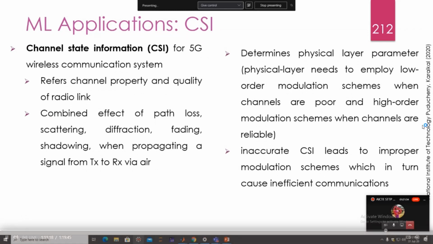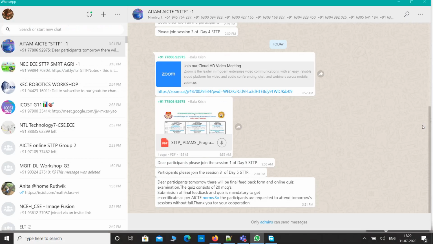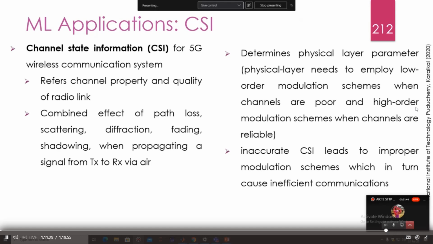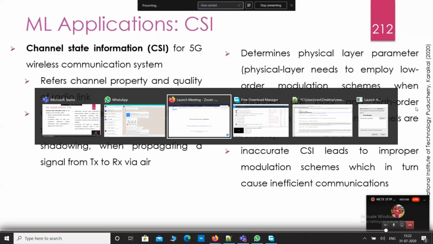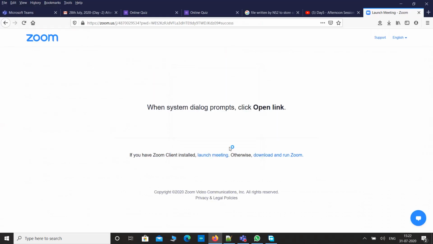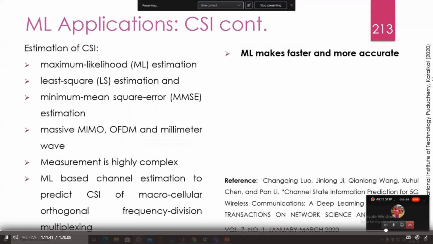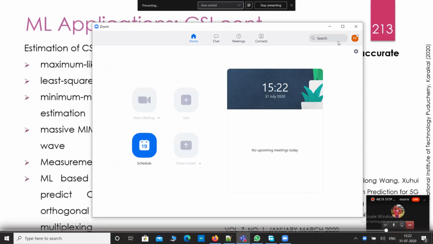The physical layer needs to employ a low order modulation scheme when the channels are poor, and a high order modulation scheme when the channels are reliable. So inaccurate channel state information leads to an improper modulation scheme, which in turn causes inefficient communication. In order to overcome that type of difficulty, the machine learning technique, that is machine learning based MIMO, is used to overcome this difficulty. Channel state information can be estimated by different methods: maximum likelihood, least square estimation,